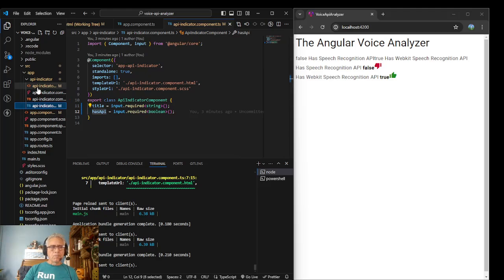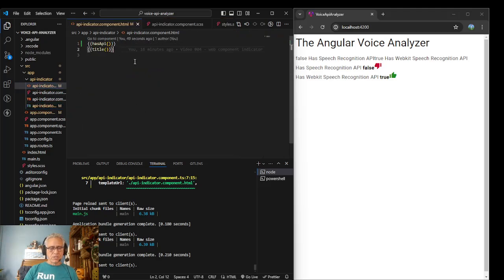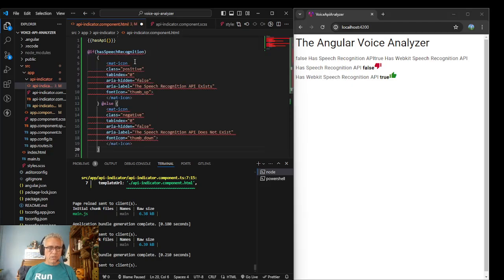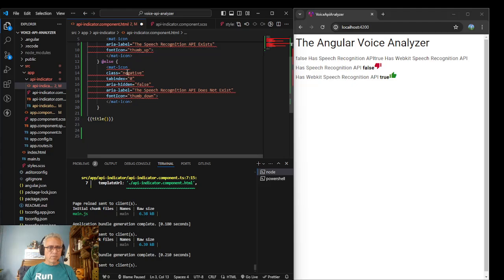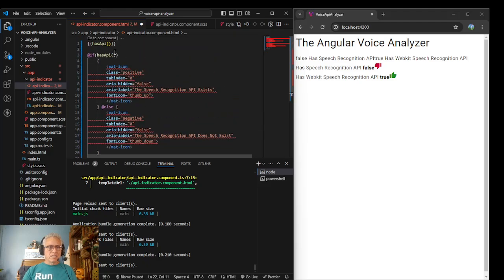And this should break. I'm 99% sure this is going to break because I have not imported the module for the mat icon into this component. So it doesn't like,